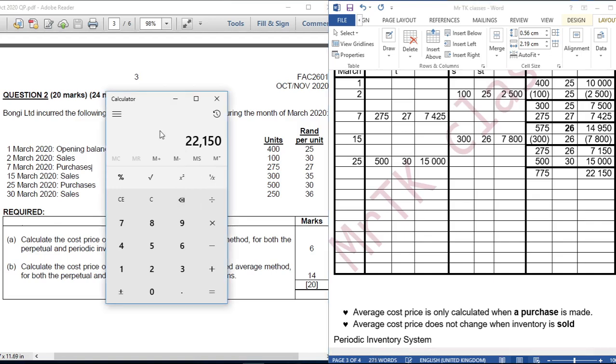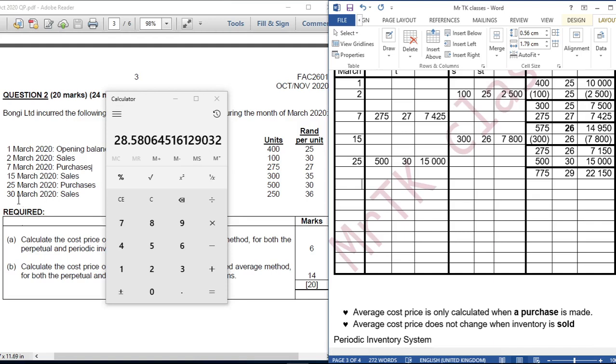Now let us average: 22,150 divided by 775, we get 29. Now that we have 29 here as our average,